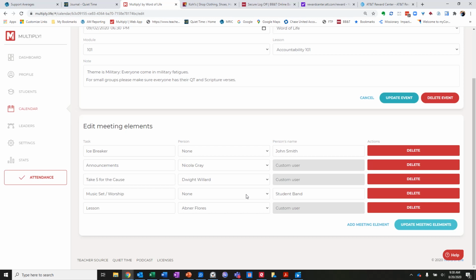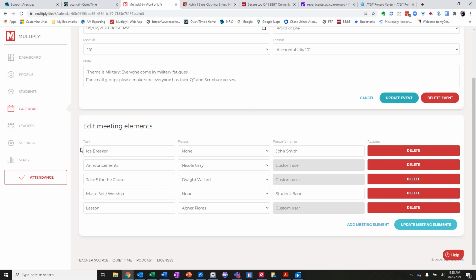You can provide as much detail in the notes section as you want. For instance, the specific icebreaker that's going to be used, or the specific sharing time that you might want to use, or the song set, anything that you want your leaders to know, so no one's going to be flying blind. They can have all that in the web app, or excuse me, the mobile app,